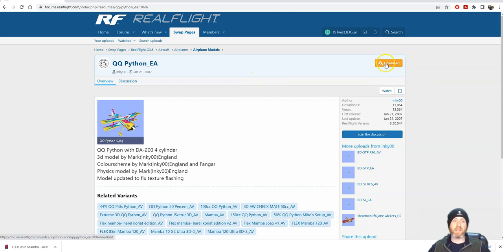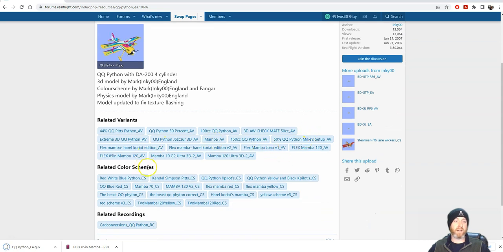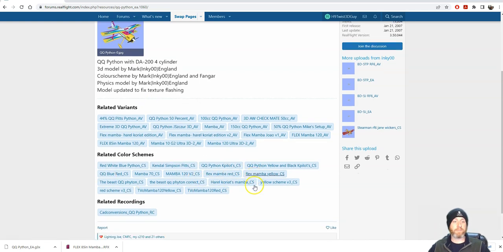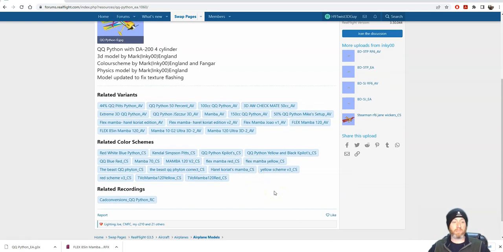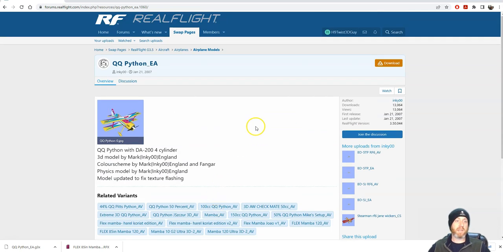So you go ahead and download the base plane, and you can also see what other variants have been created based on that plane. There's also color schemes as well. And then if people have uploaded recordings of their flights, you can download them here as well. So now that we got a plane downloaded, we will go ahead and